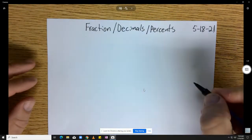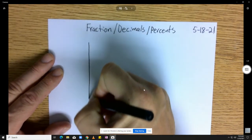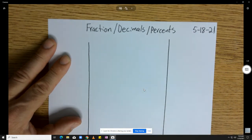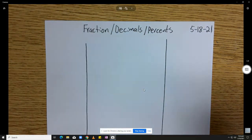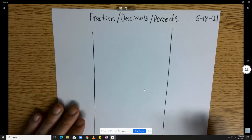And then you know how we usually make the middle section really big and the side section skinny? Today we're going to try to make them all even. So this is going to be kind of weird, but try to go like this. Maybe the middle one a little bit thicker. But see, you see how they're almost all uniform? Usually we put these way over to the sides because we don't write in them much, but we're actually going to write in all 3 sections today. And then let's dive down for the doodle of the day. I just wrote DOD. I don't know what I'm doing. See, I'm rusty. All right, so our problem of the day was